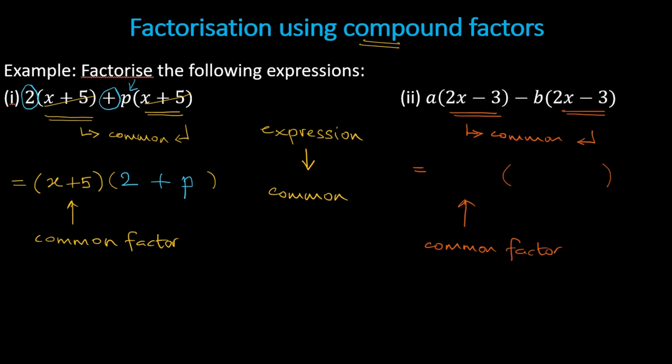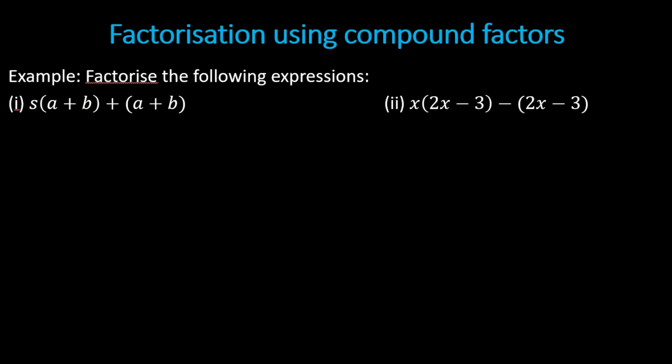And what is the common factor here? 2x minus 3 with the bracket, of course. So we are left with a minus b. That's it, right? So we move on with a second example on compound factors, right? The first part